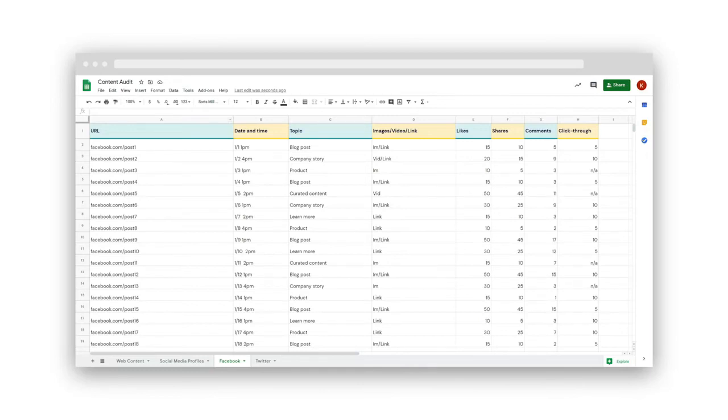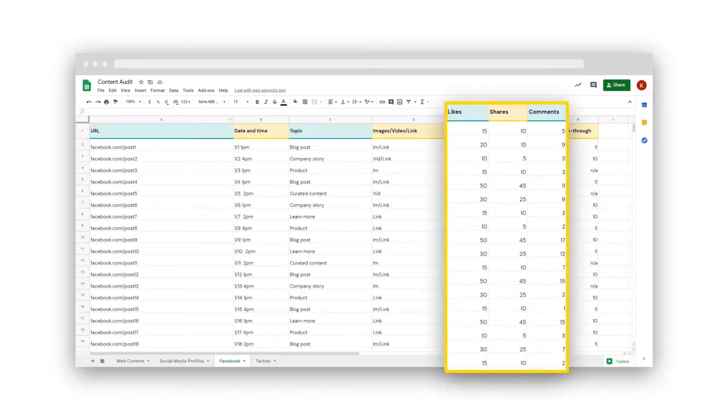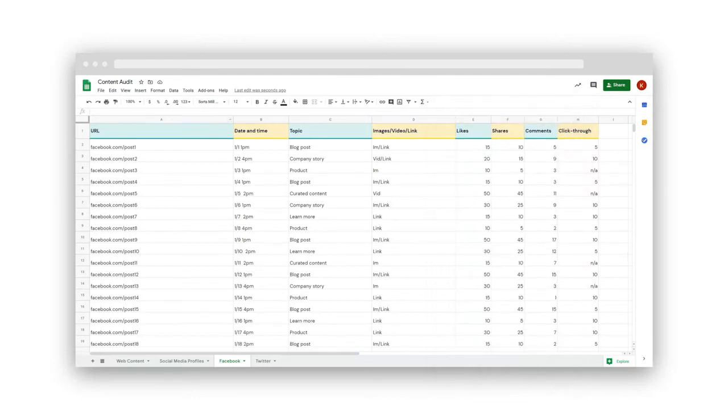Now, just as we did for the website audit, go through and do your analysis of the data to surface any patterns you see, so you can make a plan for your content. Typically, you look for the content that was most engaging. That means the content that generated most interactions like likes or other reactions, shares, and comments. After all, that's what social media is all about. You want to engage your audience and you want to identify the content that does well.